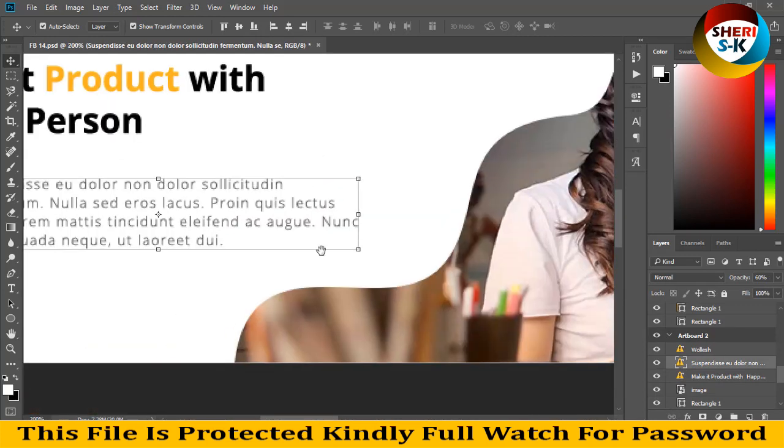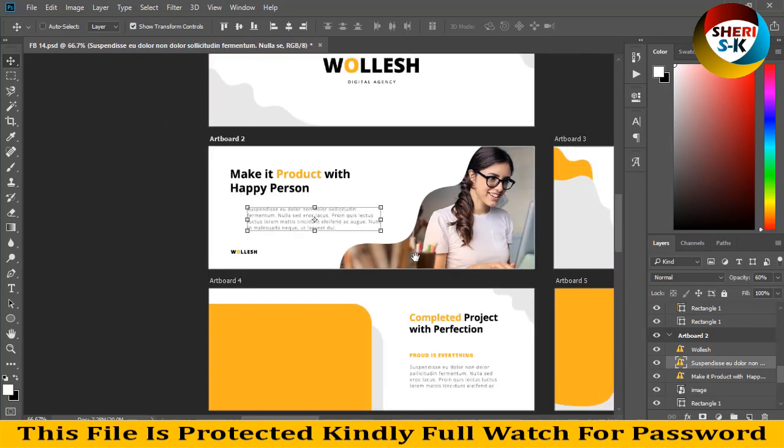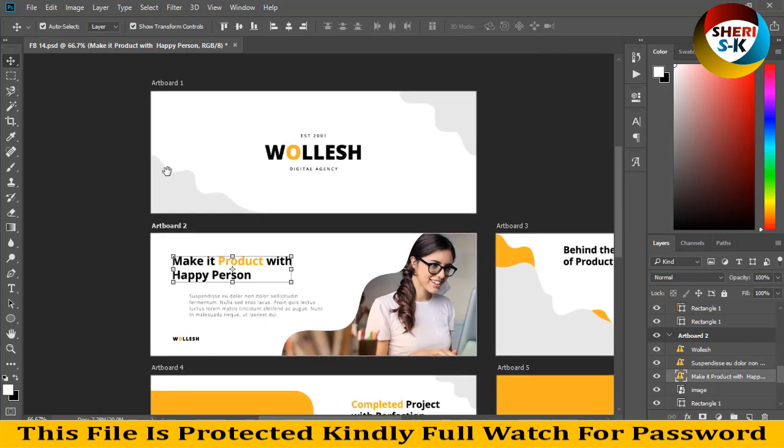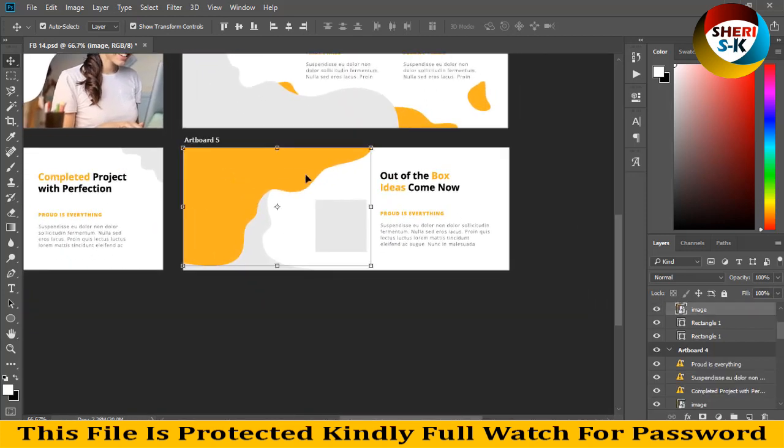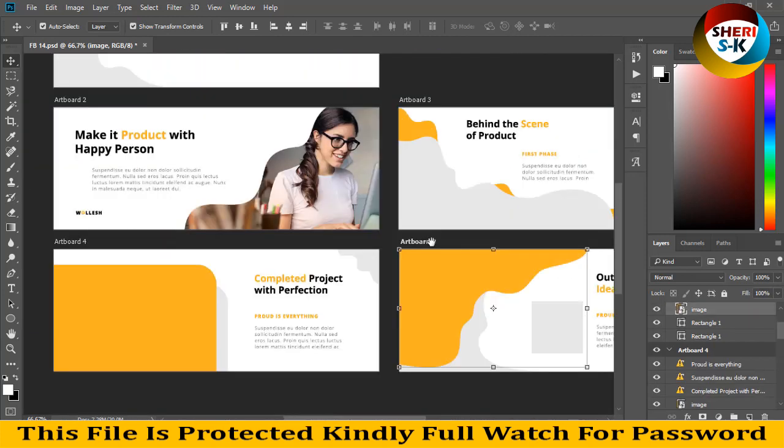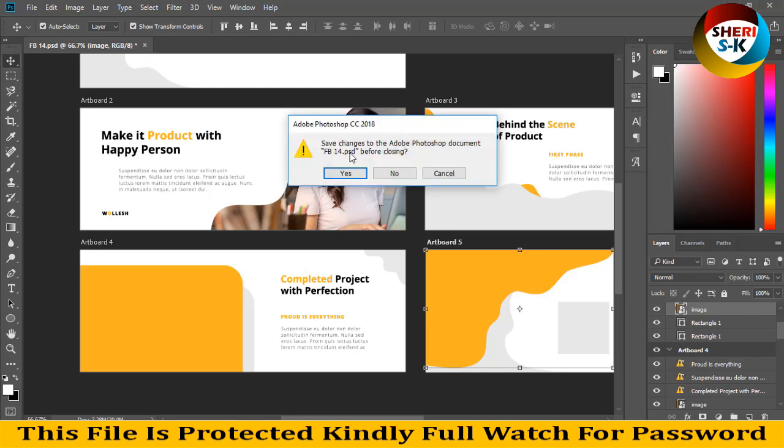Zoom in, so you can write everything. And same here, just open your photo and create clipping mask, write your own text, logo, etc. Same here. Here you can adjust your own photo. So I close this file